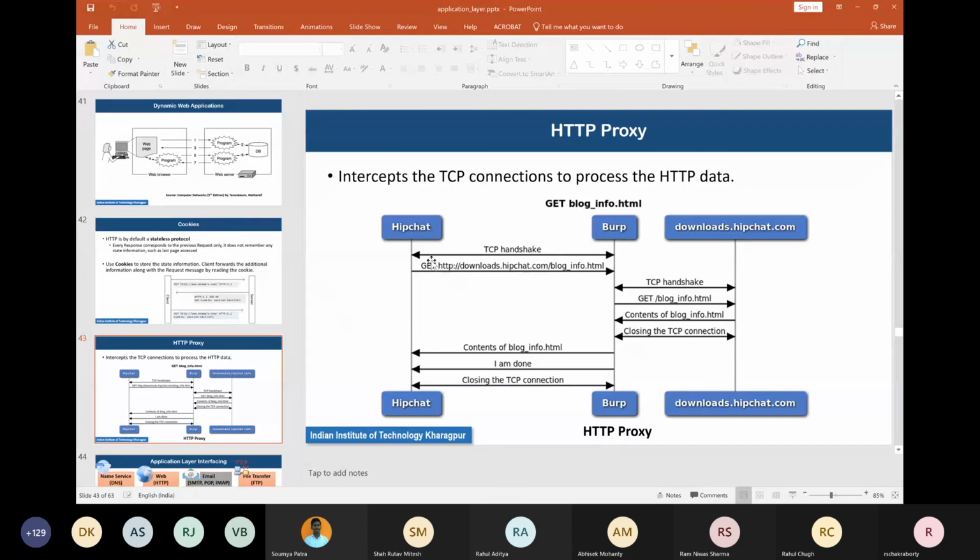Everybody can read that a TCP handshake is happening between the client and the server, and that this GET request for this page has been made. A proxy server can also handle HTTPS requests, like you regularly did when you were in IIT, right? You were accessing e-banking, Amazon, Gmail; any website you use nowadays will use HTTPS. So that is also possible, but it's not mandatory.